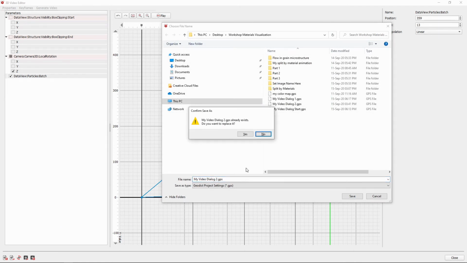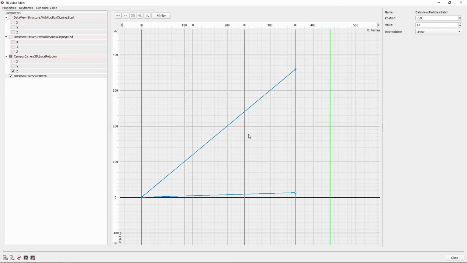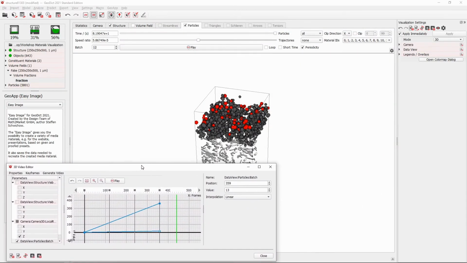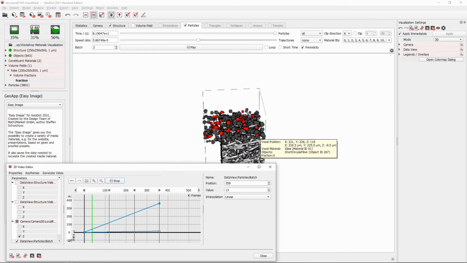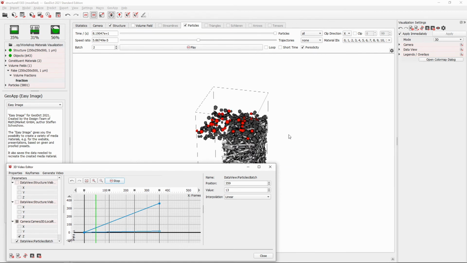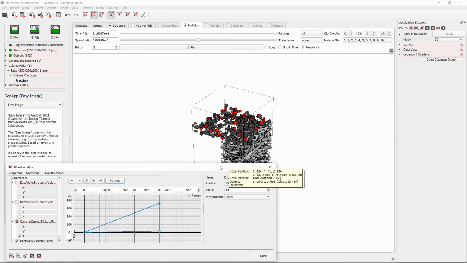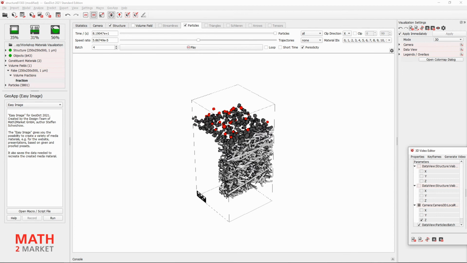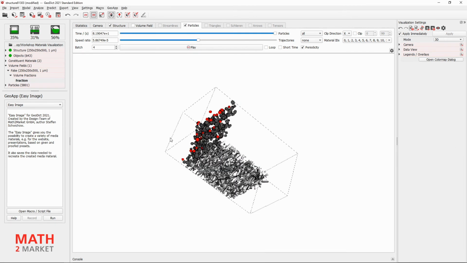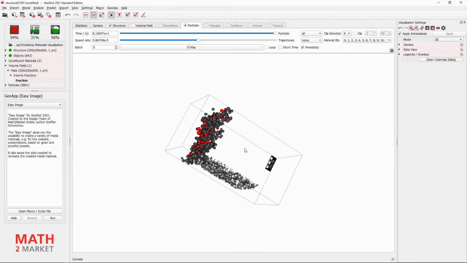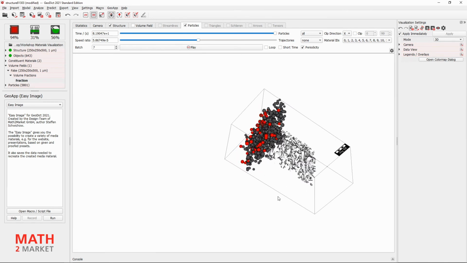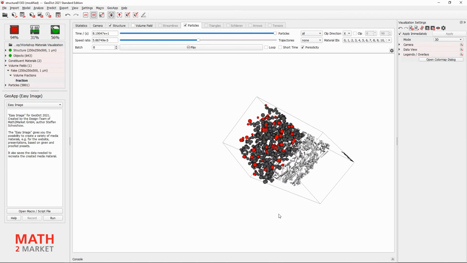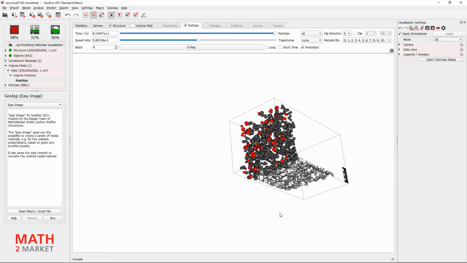We minimize the video editor again and move it to the side to get a view of the visualization area and play our animation. We have now recreated the animation pretty accurately. The last thing missing is the starting position and rotation of the camera. If we move and rotate the camera while the animation is playing, the animation continues to play, but with the new camera setting. This can be done to quickly adjust a saved video to a new structure, but it makes it difficult to repeat the process again.